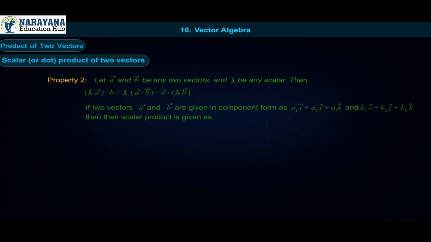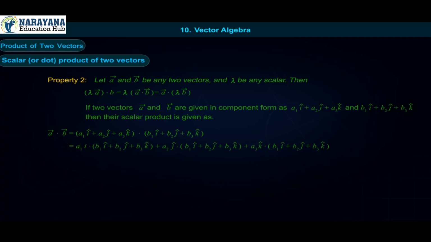If two vectors, vector A and vector B, are given in component form as a1 i cap plus a2 j cap plus a3 k cap and b1 i cap plus b2 j cap plus b3 k cap, then their scalar product is given as vector A into vector B is equal to (a1 i cap plus a2 j cap plus a3 k cap) into (b1 i cap plus b2 j cap plus b3 k cap)